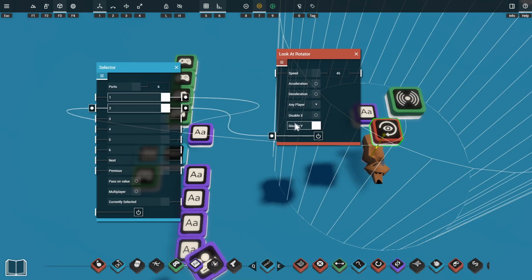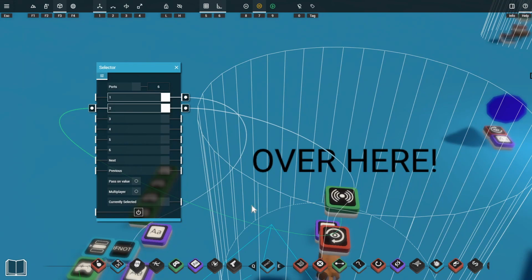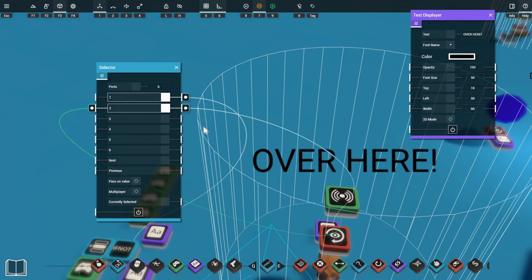I've disabled the Y-axis for this lookout rotator because we don't want it to be looking on the Y-axis. We also have some text saying "over here" just to indicate there's something to interact with, and we'll turn that off when the selector is on port 2 as well, so we'll power this with port 1. So when our player steps into this zone, this "over here" text will disappear because our selector will switch to